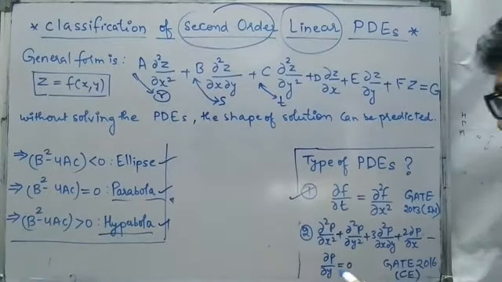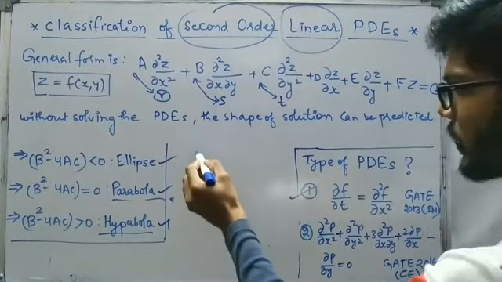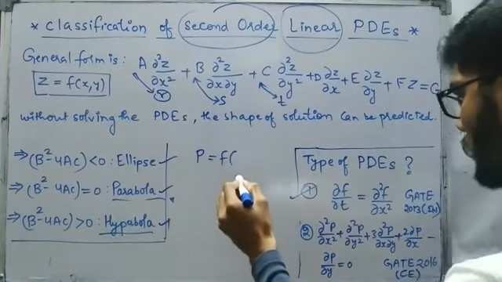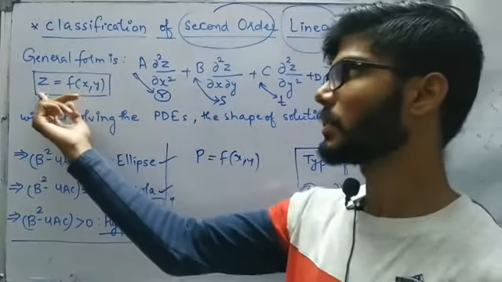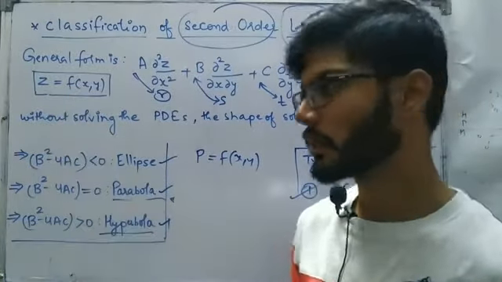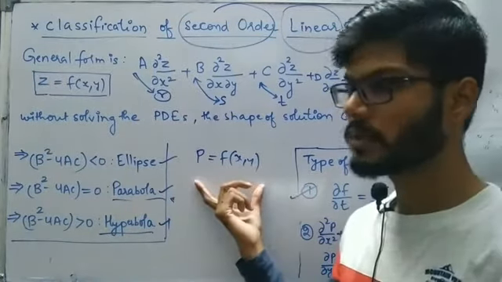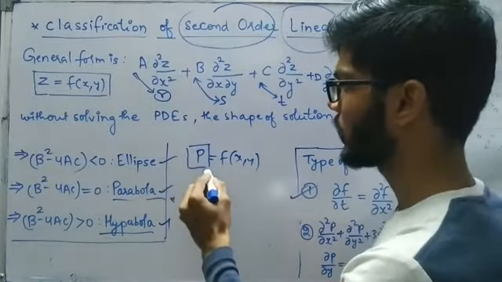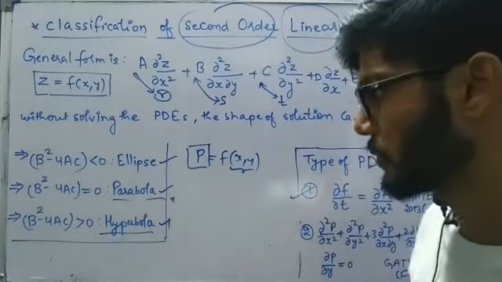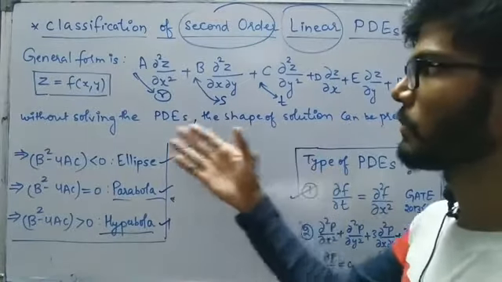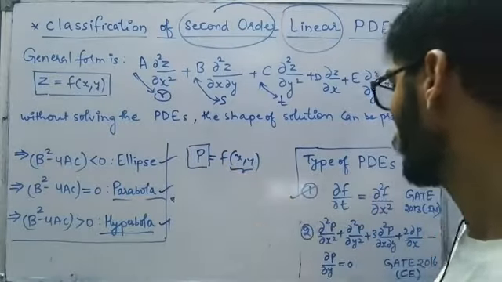And the next problem was asked in GATE 2016 in civil engineering. Again, the function p here is a function of x and y. It is not always necessary that z is the function of x and y, or u is the function of x and y. Anything is possible, because partial differential equation means we have one dependent variable which depends on two independent variables. Those variables can be any of them. So we need not memorize our formulas only for z as a function of x and y, because here we have p as a function of x and y.